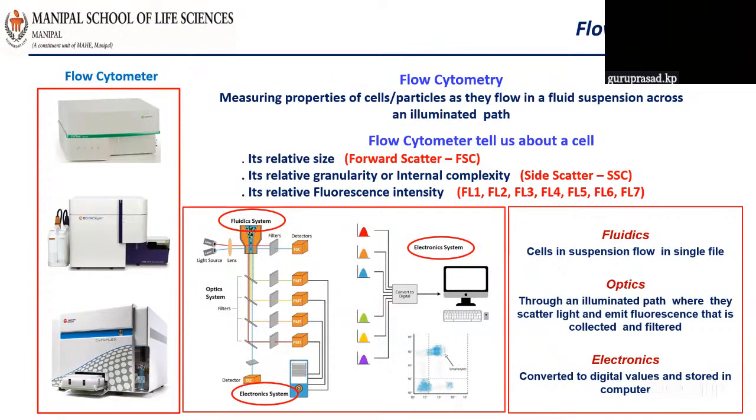Our body is made up of organs, the organs are made up of tissues, and tissues have many cells which are attached to each other. So if you want to analyze a property of any tissue, you have to take it out and separate the cells, and you have to have a single cell suspension